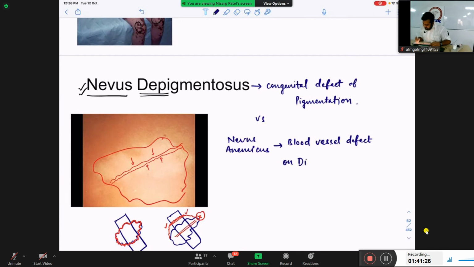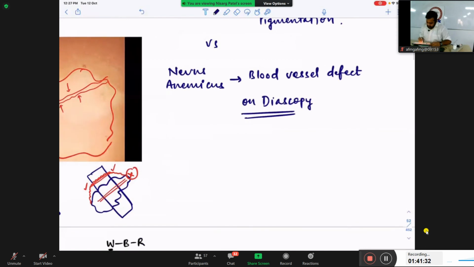How to differentiate? I will use this method, diascopy. On diascopy, when I press with the glass slide,